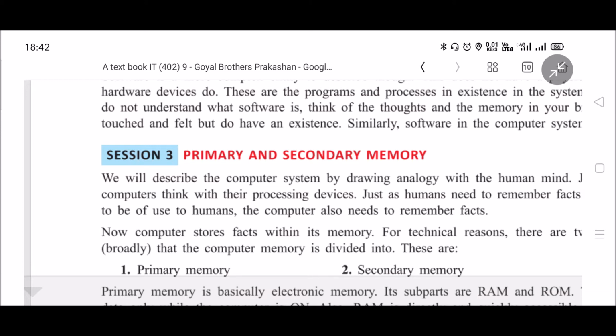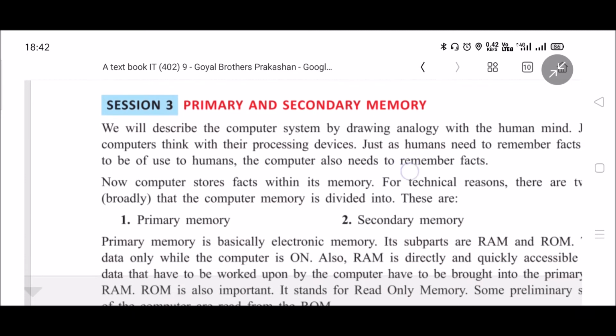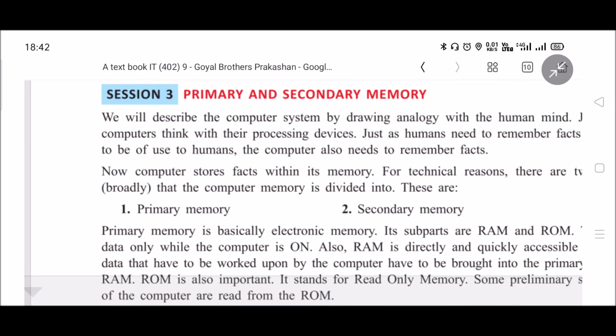So the computer memory is divided into two different categories: primary memory and secondary memory. Primary memory is the one when you switch on the computer and perform any task, that work is going on in RAM. That is primary memory. When you save that work, then it goes to secondary memory and is stored there for a longer duration. So all the secondary memory is otherwise known as storage device.